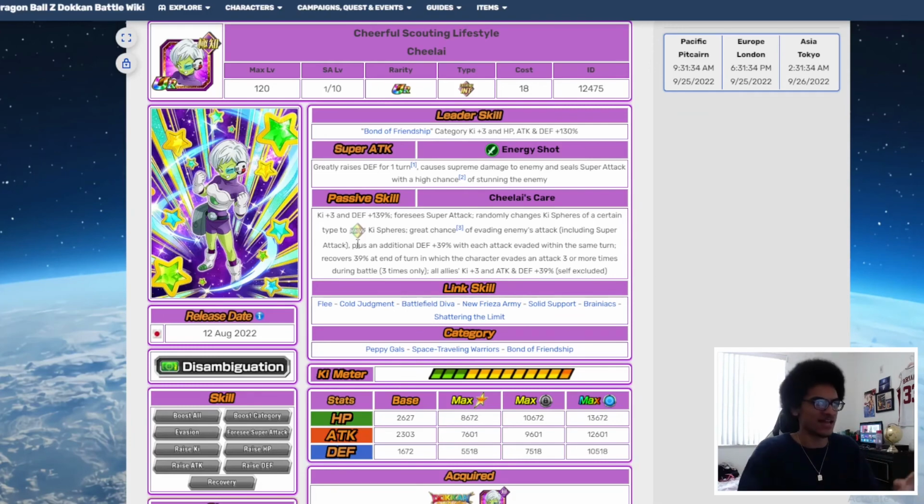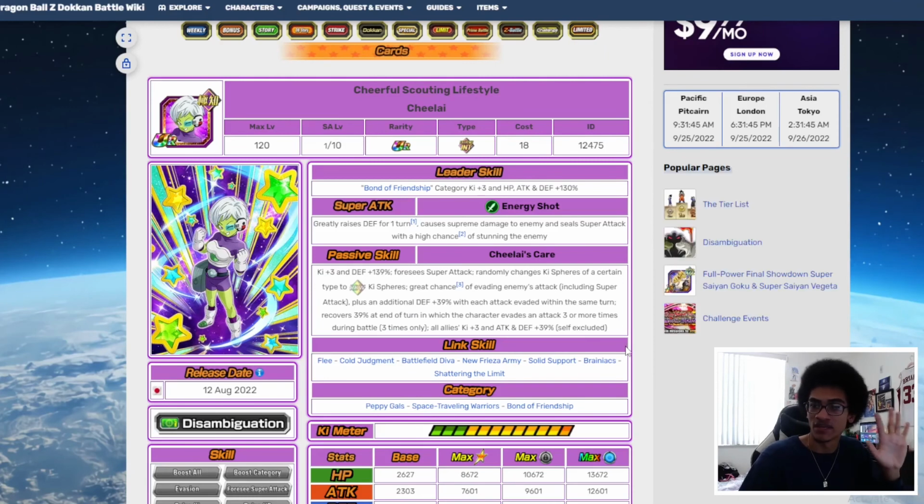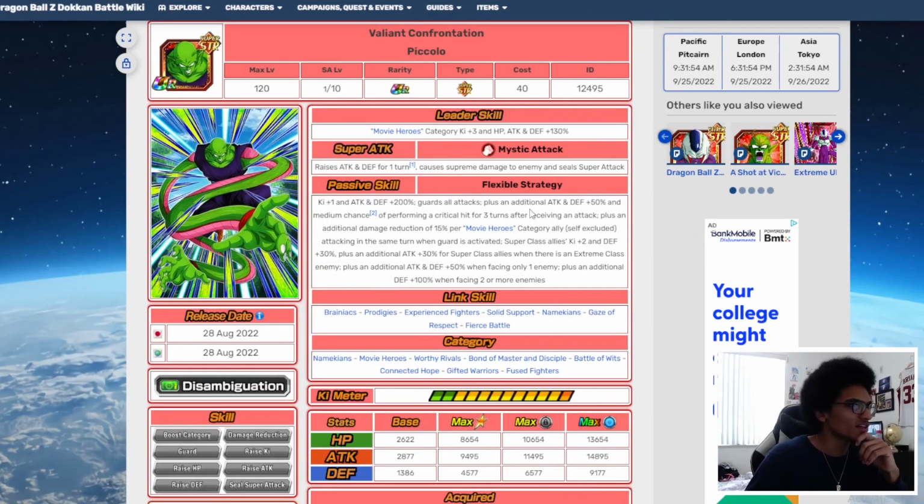Let me go ahead and count that down again. So, she's a support type unit. She's a rainbow orb changer. And she's foreseeing super attacks. And she's sealing and has a 50% chance to stun. That's 5 big things for the team. She's doing more things than Piccolo. Even though, well, Piccolo is doing... Wait, how much is Piccolo doing for the team? Piccolo is...